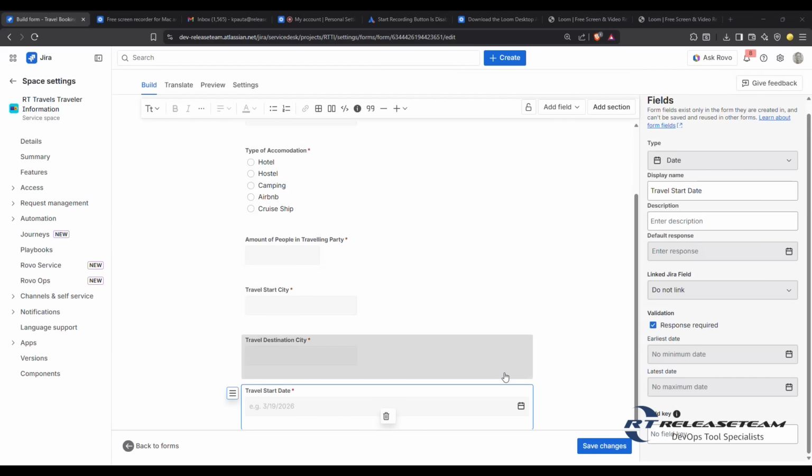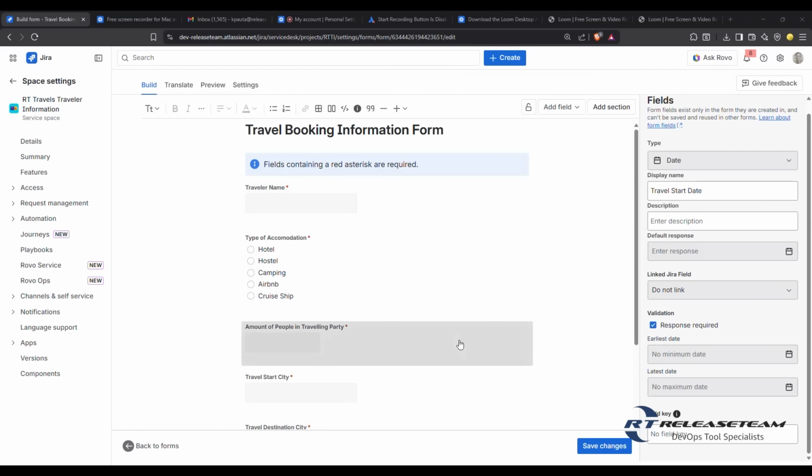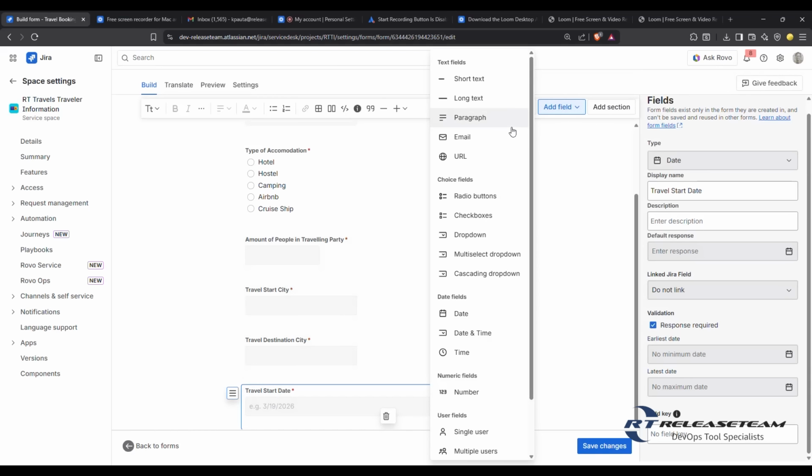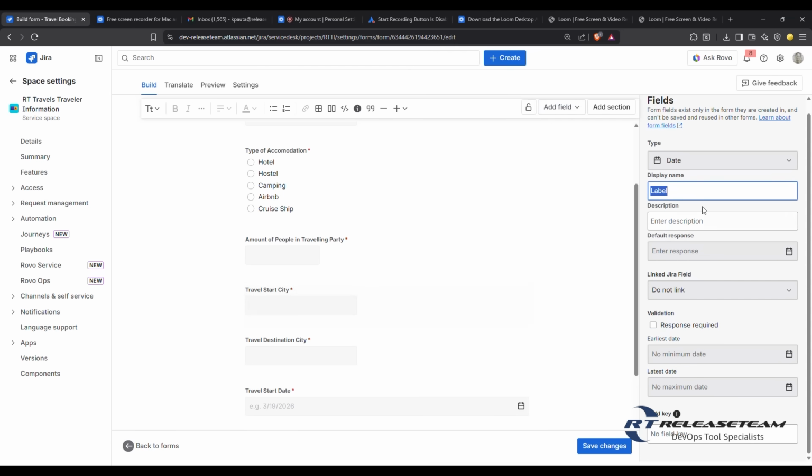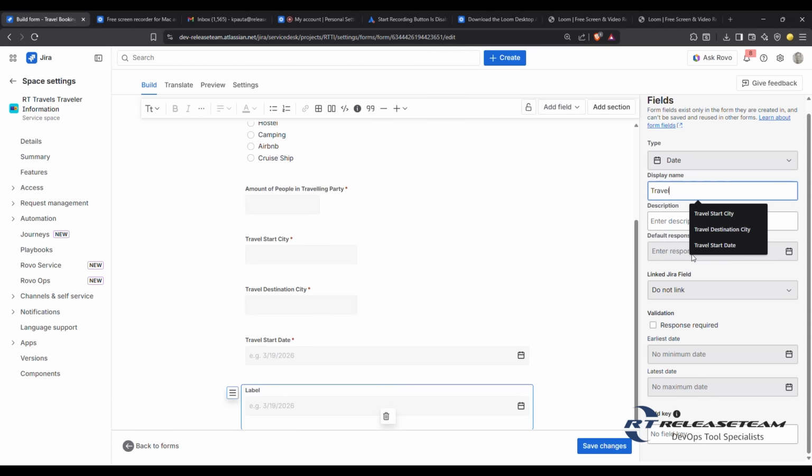Using the feedback from Rovo AI, I then created a travel booking information form using this easy to use GUI interface to make sure I have all the fields I need from my potential customer in order to book